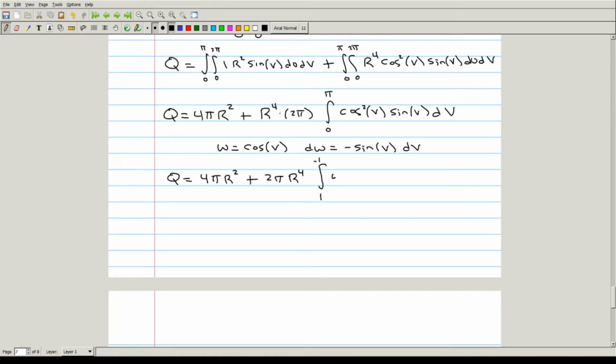And then we have w squared, and sine of v dv is negative dw. So the total charge on the sphere is 4 pi r squared plus 2 pi r to the 4th times the integral from negative 1 to 1 of w squared dw,